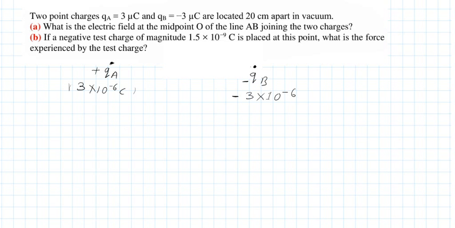So now we have to calculate what is the electric field at point O of the line joining AB, the line AB joining the two charges of the